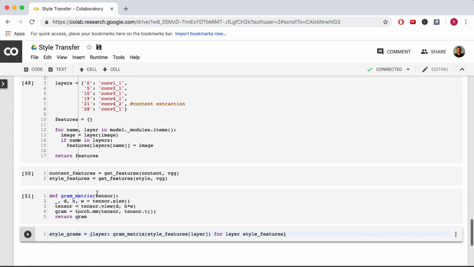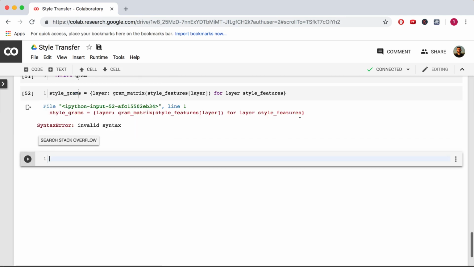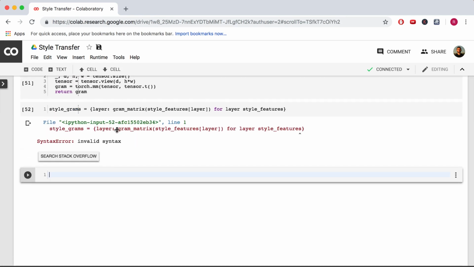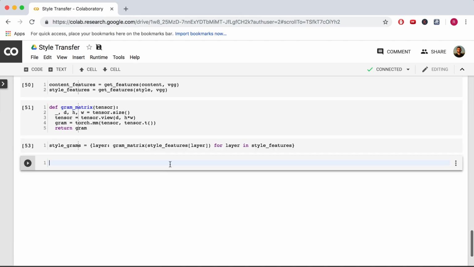So let's call this dictionary style weights right onto our next cell. And we seem to have invalid syntax, and that is because I forgot my end statement. Everything else seems to be good. Alright, so let's call this dictionary style weights. And we can run through all of our style layers and place them as dictionary keys. The keys being